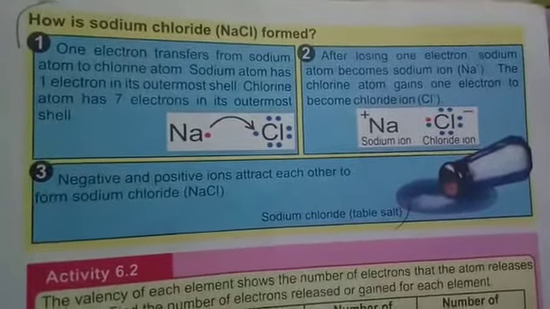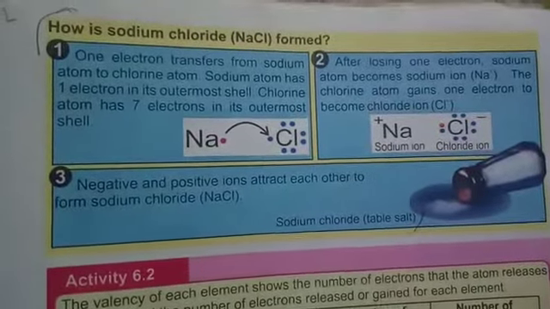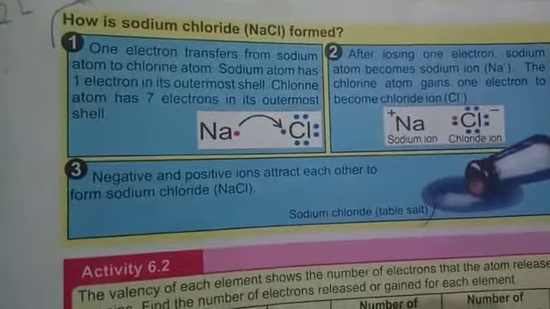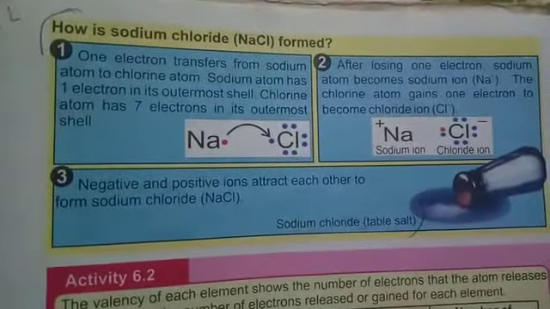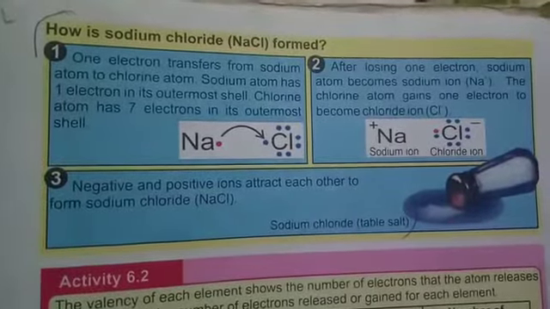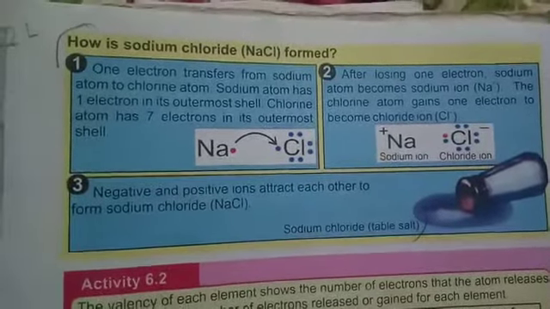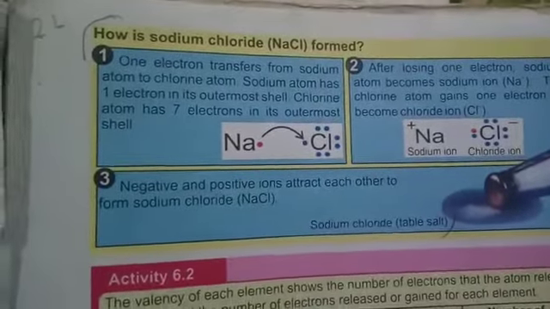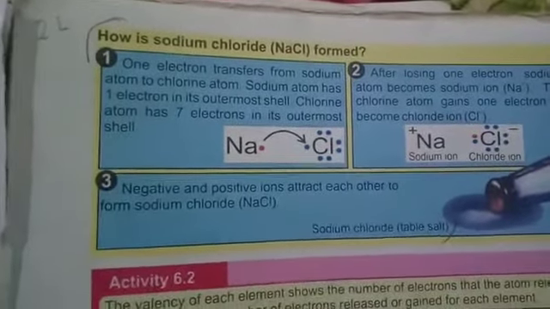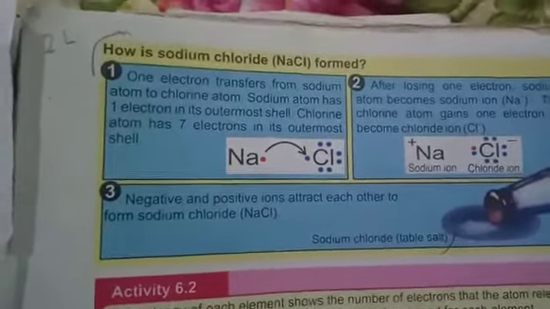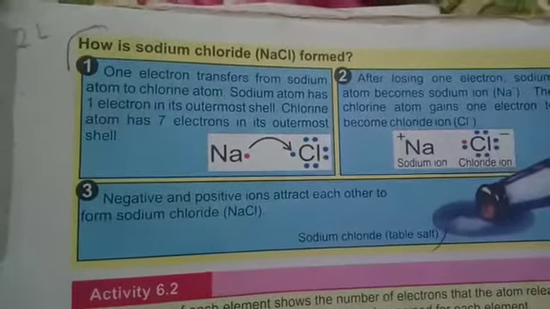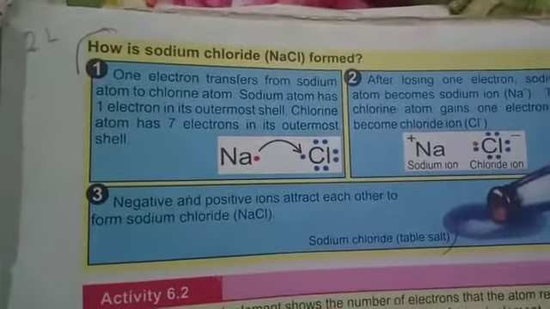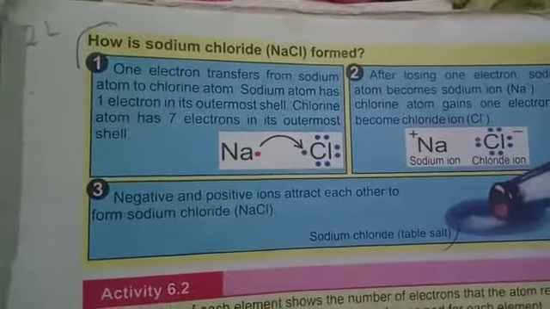Assalamu alaikum. Today we will study the formation of sodium chloride, that is common salt or the table salt that we use in cooking. We have studied in the previous lecture that when an atom loses an electron, it becomes positively charged, or a cation, and similarly when an atom gains an electron in its outermost shell, it becomes a negatively charged ion that is called an anion.